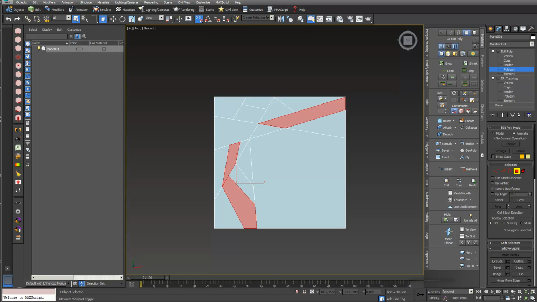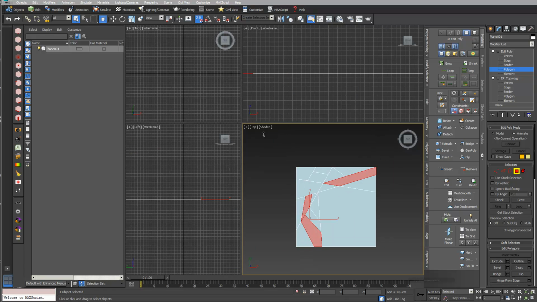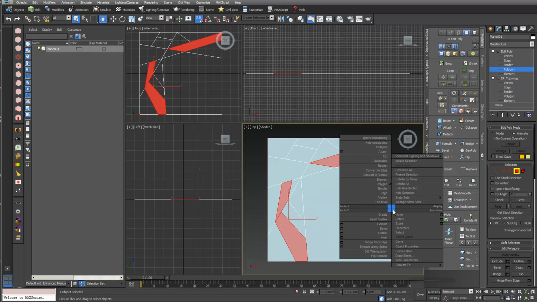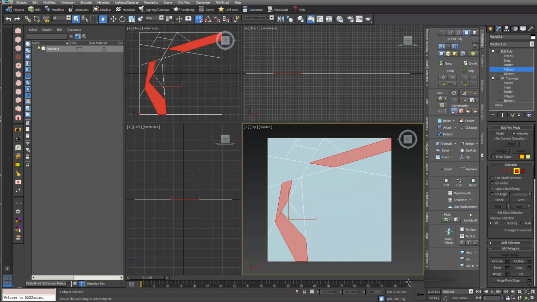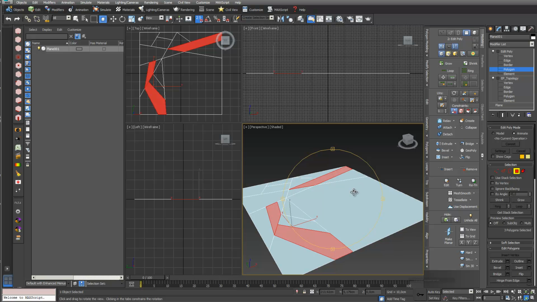And I go into maximum viewport toggle, so I can also see this in perspective. I'll just go on zoom extents all, so we can see this. And here, right mouse click, I press P for perspective, and turn it a little bit so I can see this better in 3D. And what I do is,